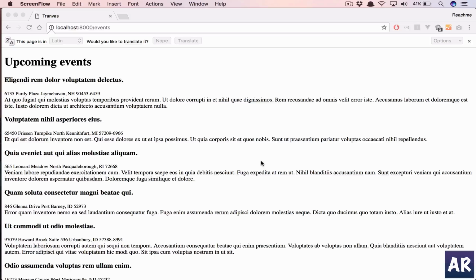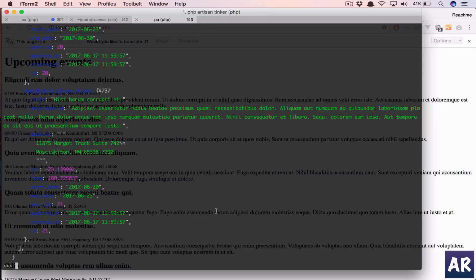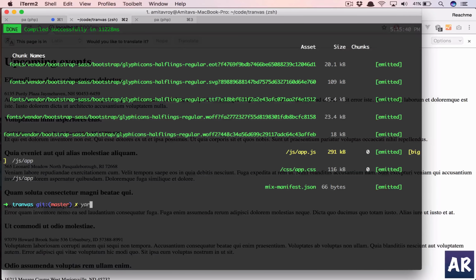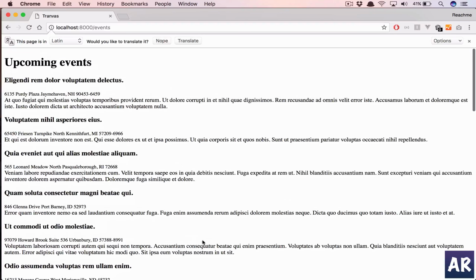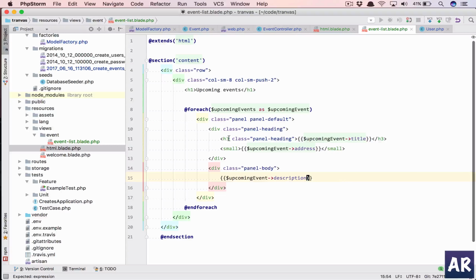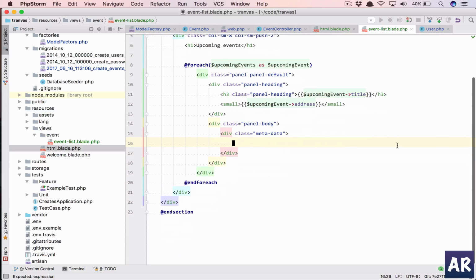Okay, so now with this done, we need to work on the layouts, right? So what you need to do is run yarn so that it keeps installing all the packages and dependencies, and in the meantime, let us handle the layout of it. So we are here. What we will do is create a metadata div, and in that we will have